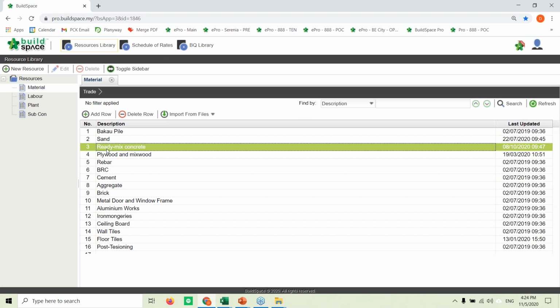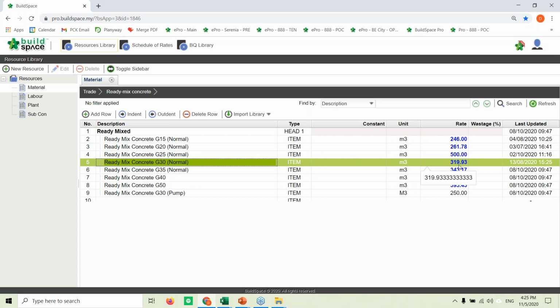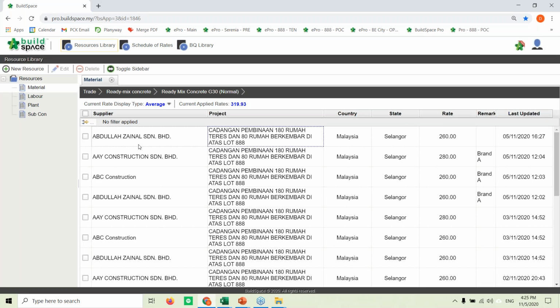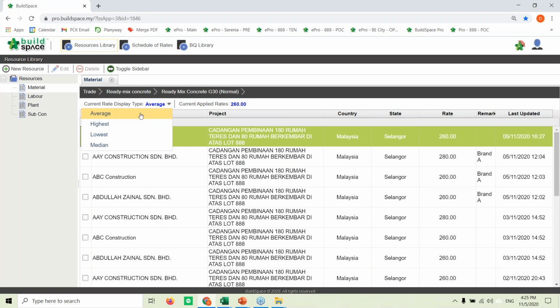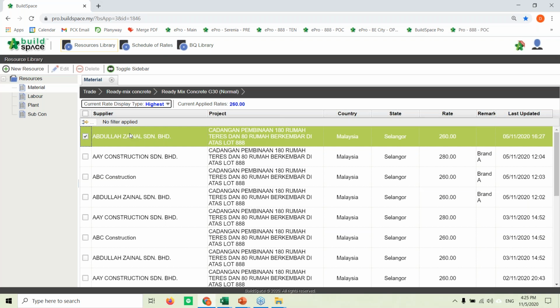Let me show you this ready-mix concrete, say ready-mix concrete G13 right here. When we double-click this item, we should be able to see the suppliers that have submitted us their quotation on this date right here. So this is how easily your material prices and your data can be updated automatically into your library. So if, let's say, from now we're going to use this rate, the highest rate, to compile our scheduled rates,